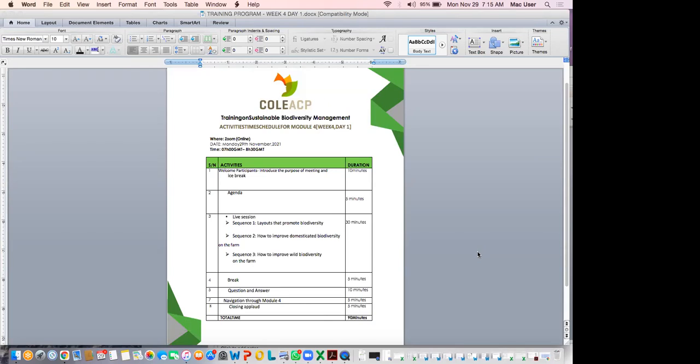So let me quickly run through the agenda for today. Today we'll welcome everybody, and then we'll have topics on sequence 1, which is layouts that promote biodiversity. What are the types of layouts that you can do that will promote biodiversity? Then sequence 2 is how to improve domesticated biodiversity on the farm. Remember that in the previous weeks, we have talked about domesticated biodiversity and wild biodiversity. So how do you improve domesticated biodiversity? The way you do this is different from the way you do